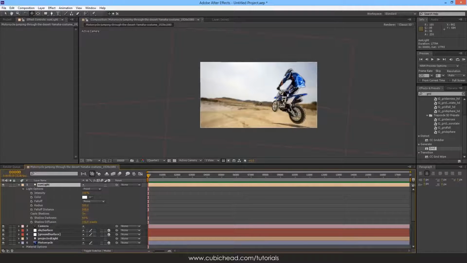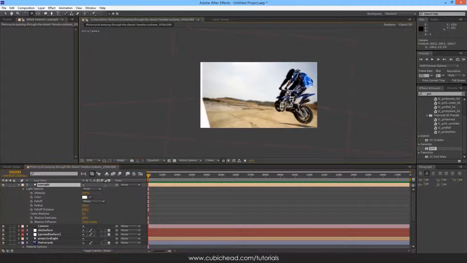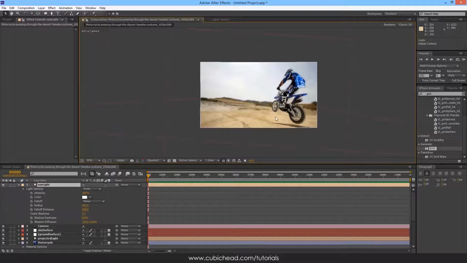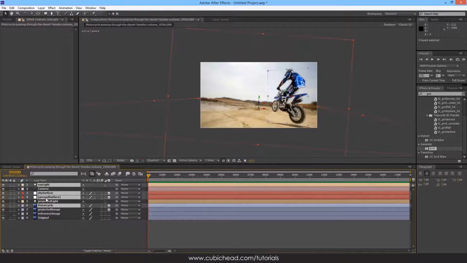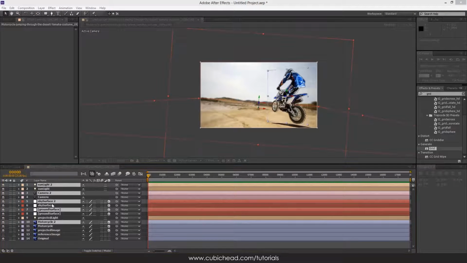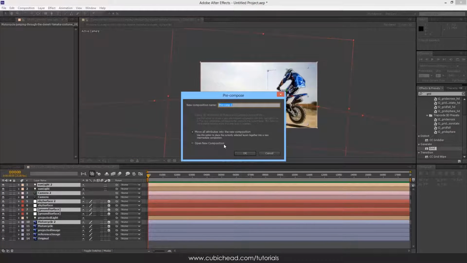I've got my image. Now when I change the camera position, I've got two shadows. How to solve this problem? To do that, all you need to do is put this sunlight into another comp, of course with its objects which are needed for the shadow. So I'll duplicate these elements: motorcycle, the ground and sky surfaces, the camera and sunlight. I duplicate them and pre-compose them and put them in